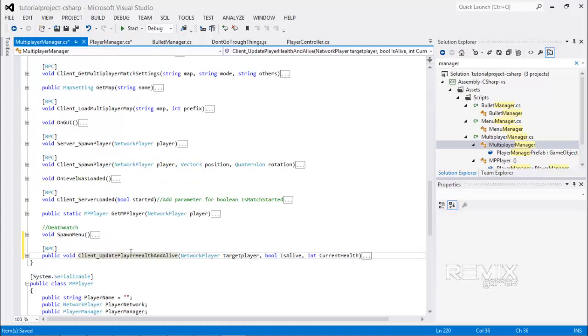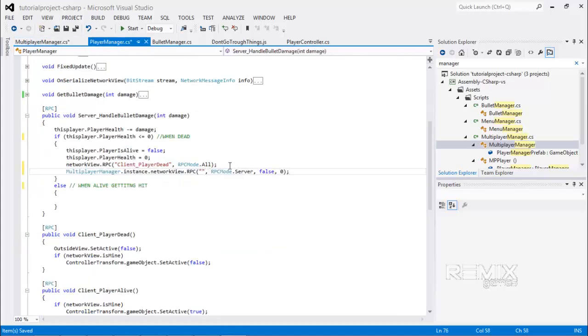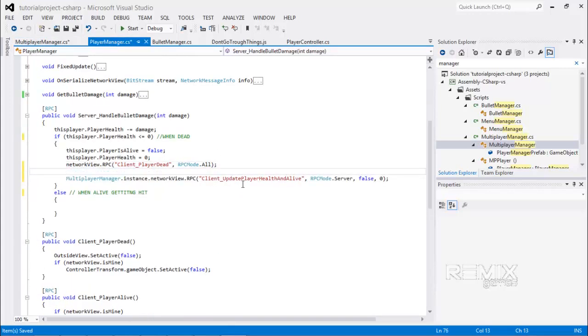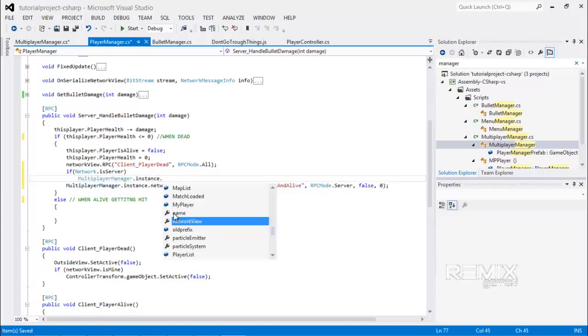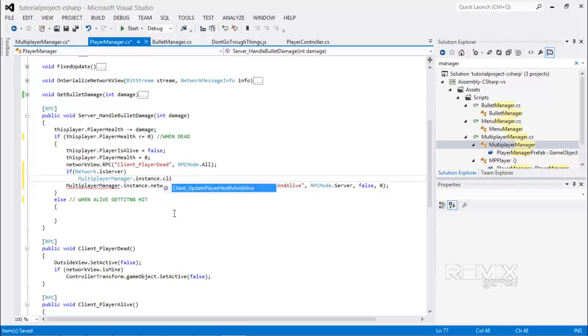And we need the name, just copy it here. And also, you can send the RPC to yourself if you're the server. So what we need to do is if network.isServer, we're gonna do it this way, dot client update, and this doesn't really matter, network view dot owner,